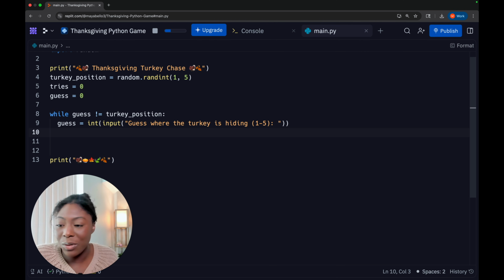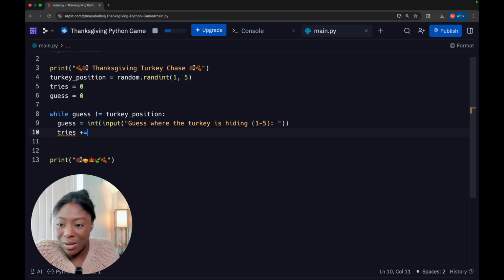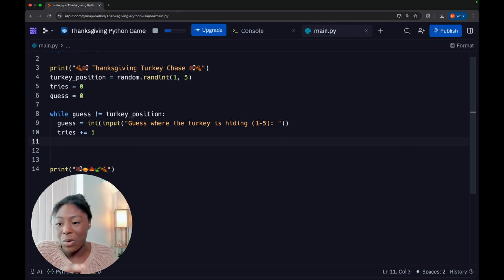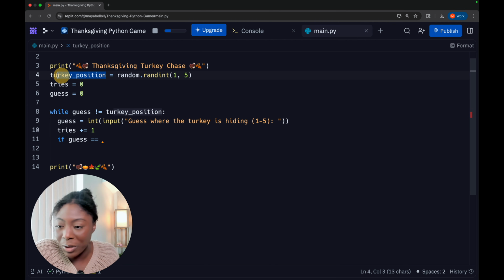So after the user makes the guess, the number of tries increases because they just put out a guess. So let's increase tries by 1. And now we're going to have 2 different situations. We're going to have if the guess is correct or if the guess is not correct. So let's start with correct. So if our guess is equal to the turkey position,